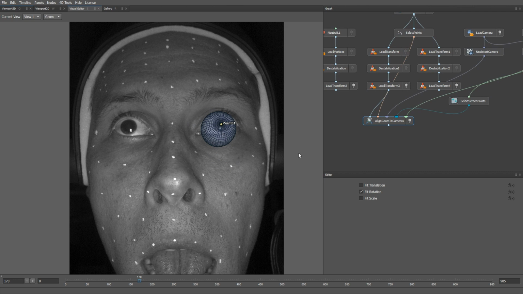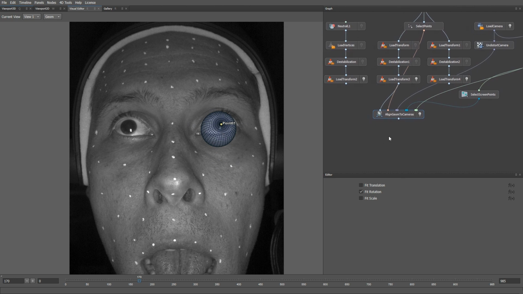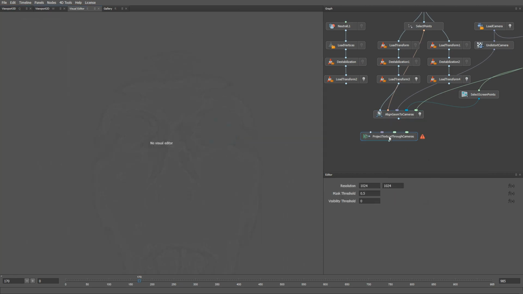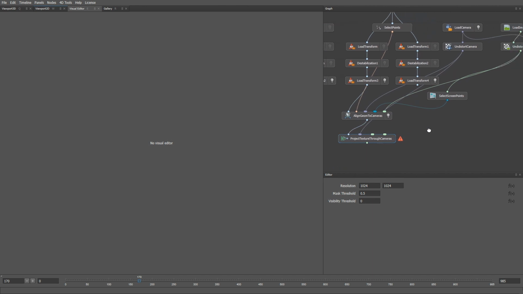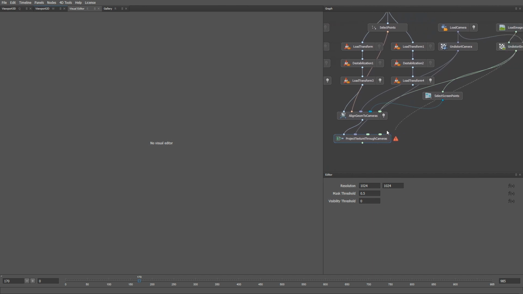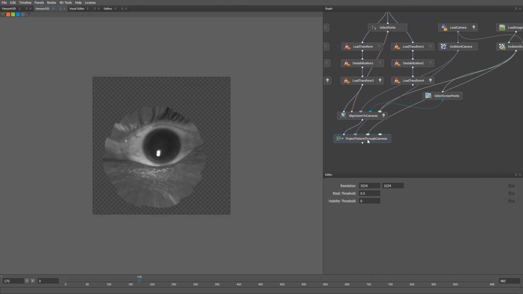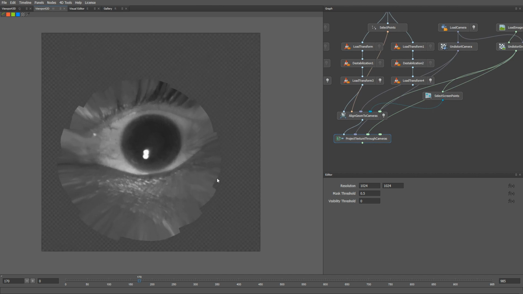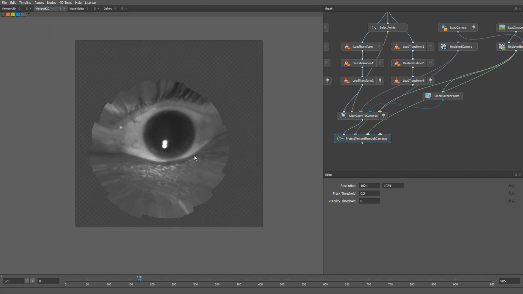Now, what we need to do is project this texture through the camera to our eye geometry. To do that, I'm going to use a Project Texture Through Cameras node. The first input is going to be our Align Geometry. The second input is going to be our undistorted camera. Then we need to provide the camera image. And if you go to the 2D viewport, we can see that our texture was projected onto the eyeball, but